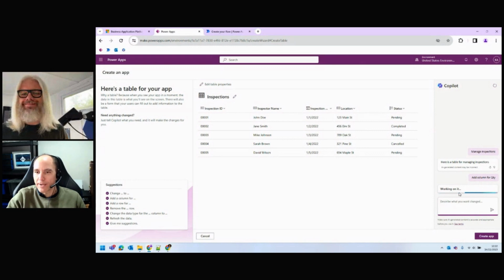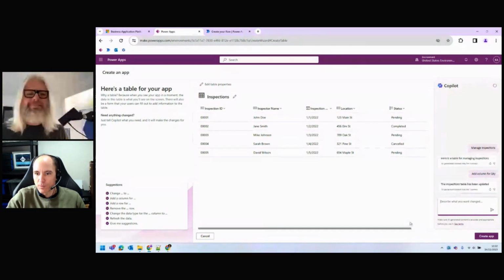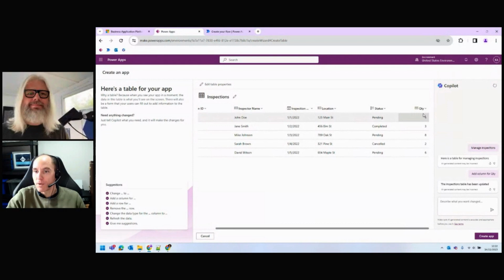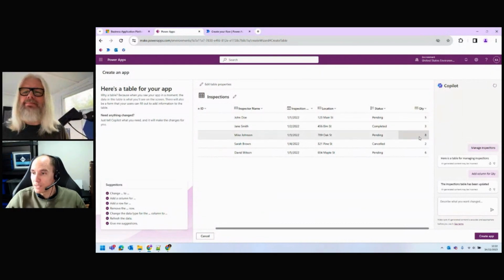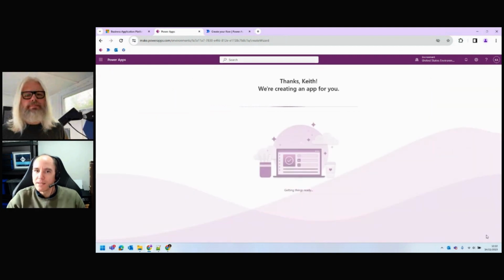If I've explained it well, it will actually go ahead, add the column, and again, fill with dummy data. So I've got something to play with as quick as that. Wow. I want to remove a column, change a column, off I go, keep making the tweaks. And then when I'm ready, I can click on create app. This might take slightly longer, but this then builds up the screens of the forms and the grids of all the data, and we can change it.